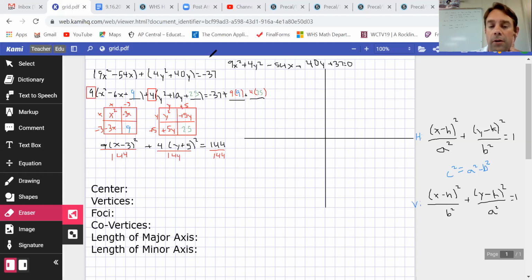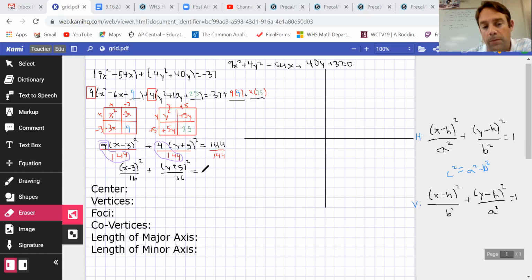So our new denominator is going to come from simplifying this fraction. In other words, you take your numerator and divide it into your denominator. It will go in. So 144 divided by 9, that goes in 16 times. So that means I have (x minus 3) squared all over 16 plus (y plus 5) squared over 4, because 4 goes into 144 36 times